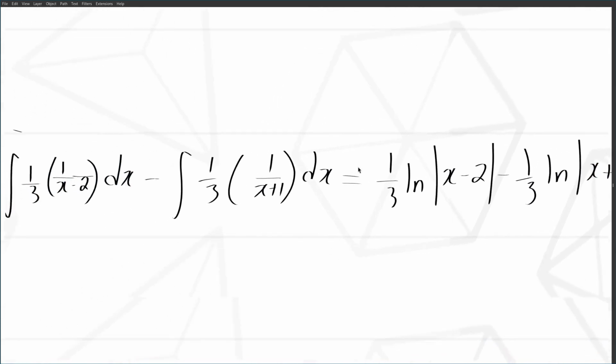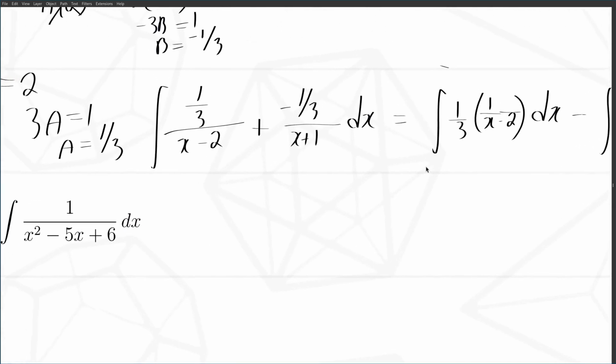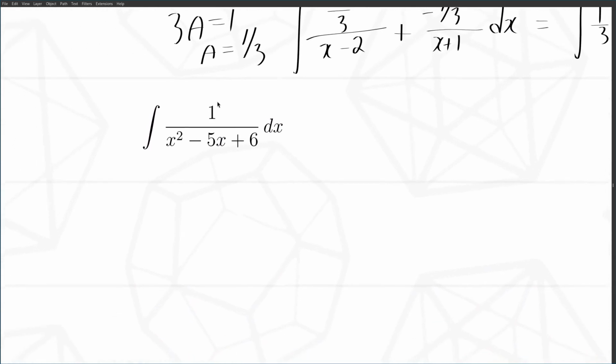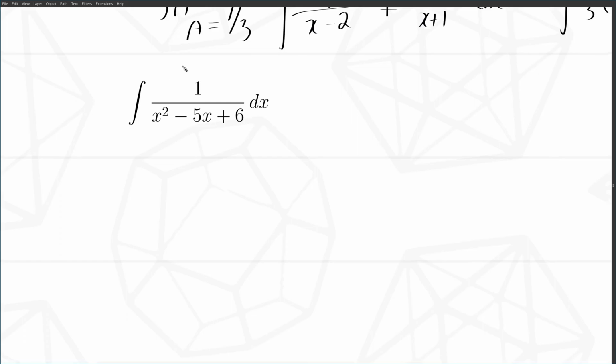Okay, so that would be that integral. And we can move on to the next one. We have the integral of 1 over x squared minus 5x plus 6. Let's try to do something similar to the previous problem. So I'm going to factor this bottom first, and that's going to turn into